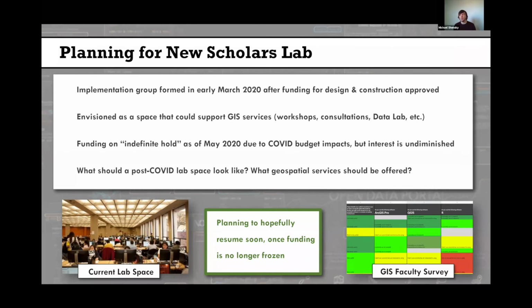One of the things that the pandemic has given us an opportunity, though, to reflect more on is what a post-COVID lab space should look like, and what geospatial services should be offered. So how has the pandemic changed the interests, perceptions, needs of the campus community? And this gives us a chance, while funding is paused, to reflect on those things and maybe design the